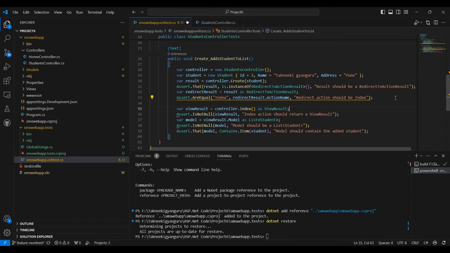Now what we are doing is again calling the index method, and from the index method we get the list of students as a model. So whatever list of students we have in the model, we get it, and then we check whether it is null or not. If it is not null, then we check inside the model whether we have this student, the one we have added,